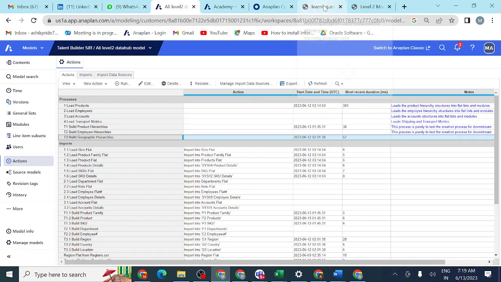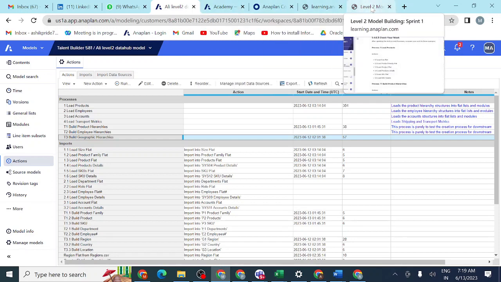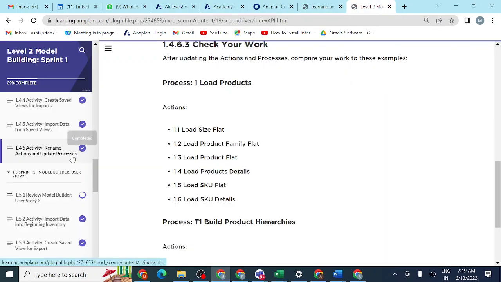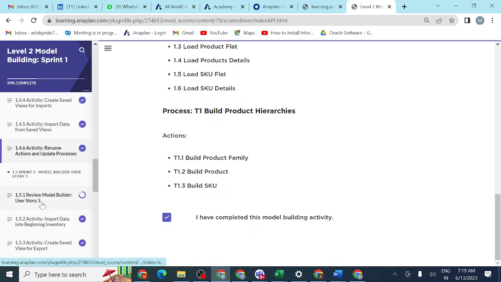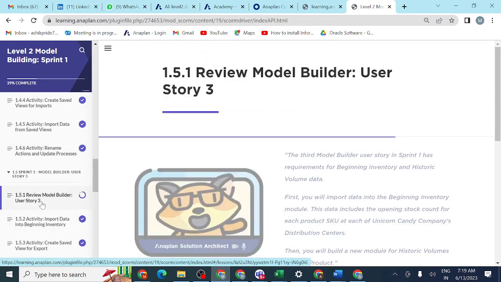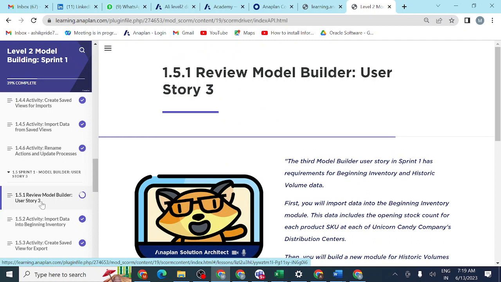Next activity, we have user story number 3. We completed user story number 2 so far, so we can start our user story number 3. Up to user story number 1 and 2, what have we stored as details?